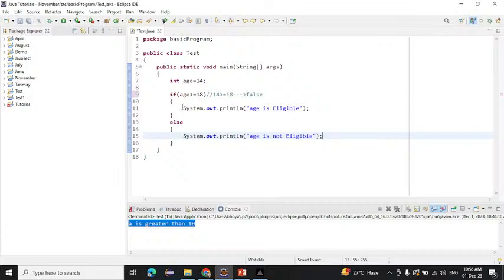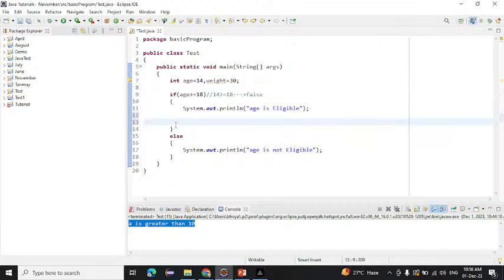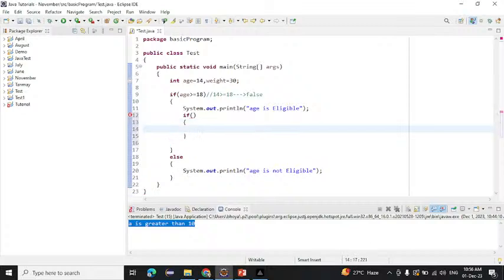After that, I am creating another variable here: weight equals 30. Here I am writing weight equals 13. And inside this if block, I am writing another if block. Here I am writing System.out, and inside this condition, if weight is greater than or equal to 35,